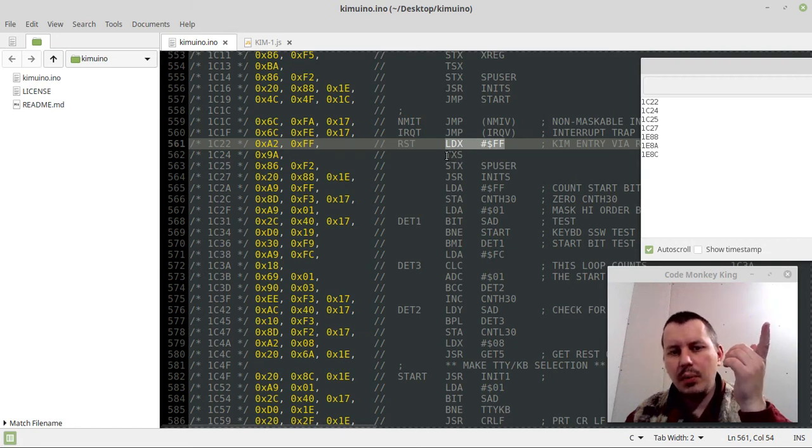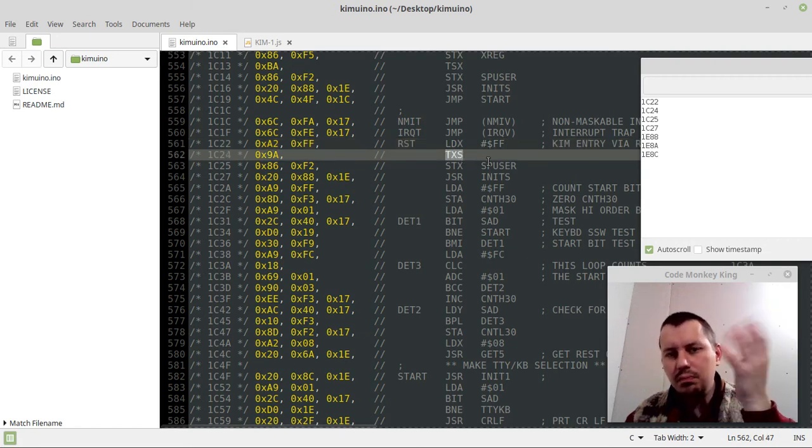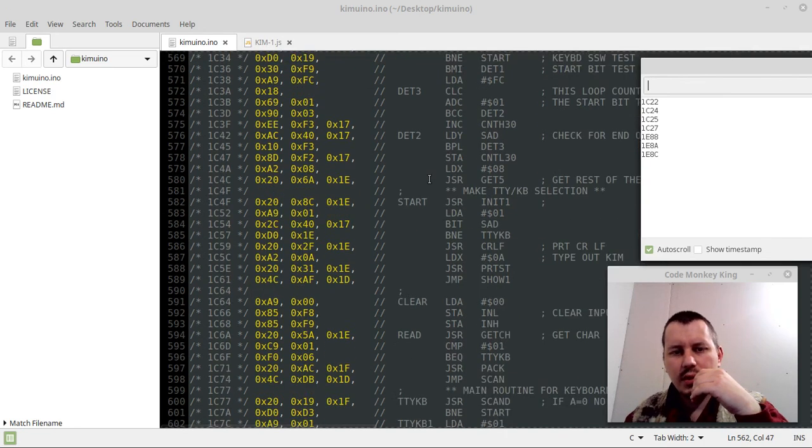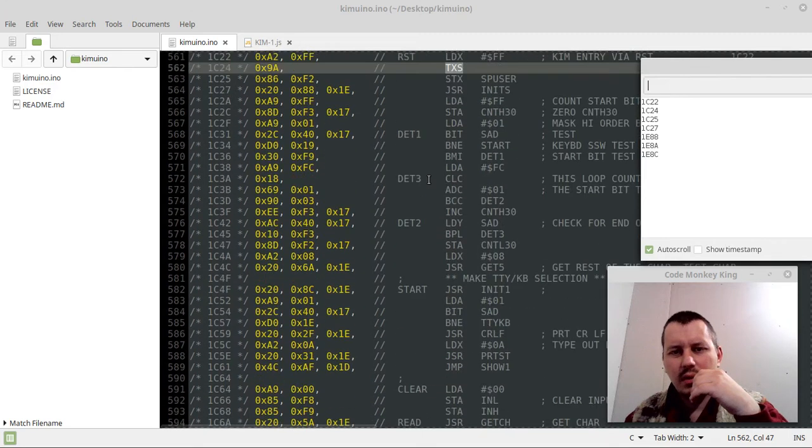So actually here we set up the stack, which is an essential thing to do when we start the ROM routines. Then setting the value of X to SP user. I'm not sure what the SP user is. And then 1C27 here. As I was thinking about, this is the jump. It jumps to the subroutine inits, and the inits subroutine is